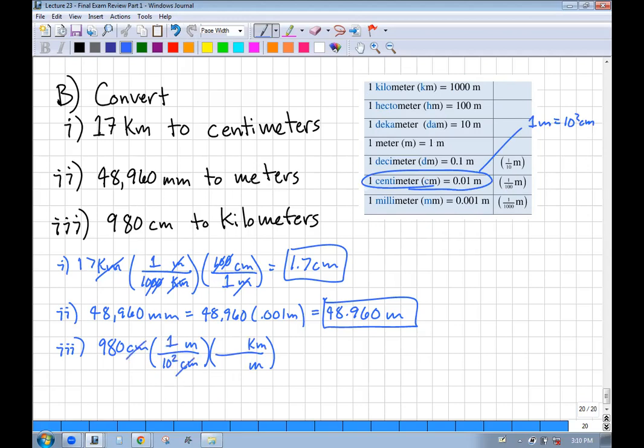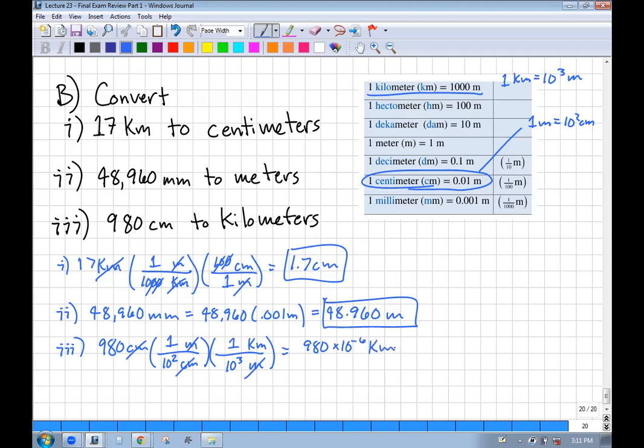And now kilometers, right? 1 kilometer is 10 to the third meters. So I'd say 1 kilometer is 10 to the third meters. So what I have here is 980, which is 10 to the negative 6